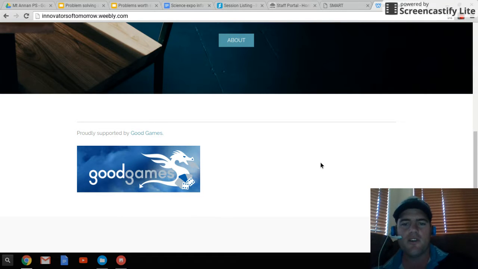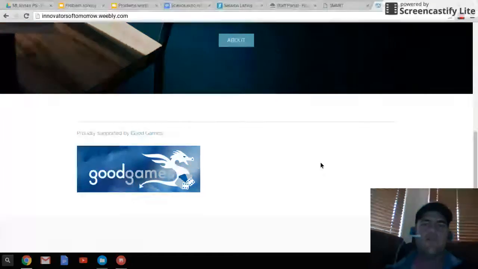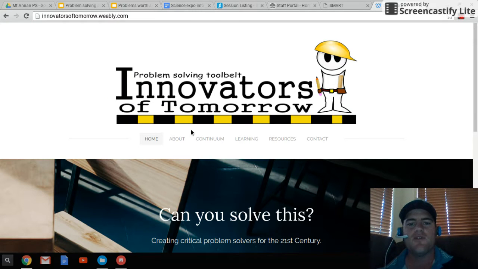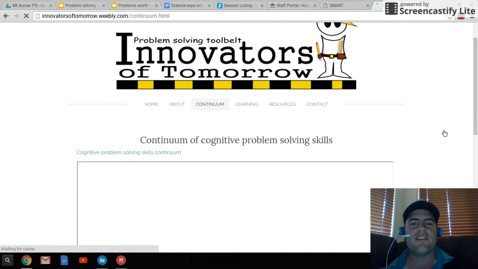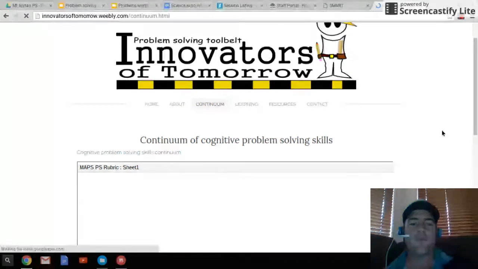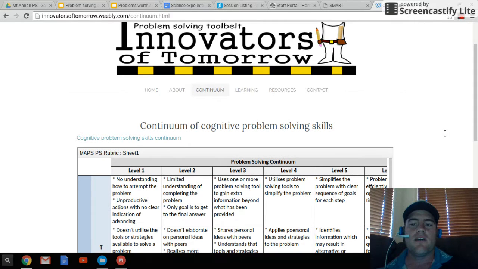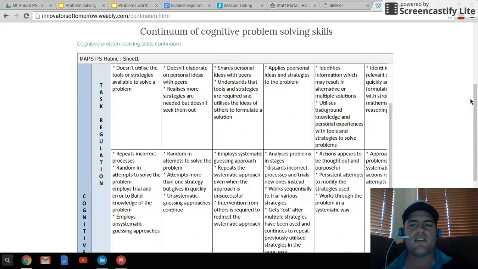So let's have a look at what's available for you educators to use inside the classroom. So have a look at the continuum now. We've created a cognitive continuum for problem solving that we believe is a valuable resource for teachers to have in terms of problem solving. And you see here we've leveled it from 1 to 6, separated into different sections,